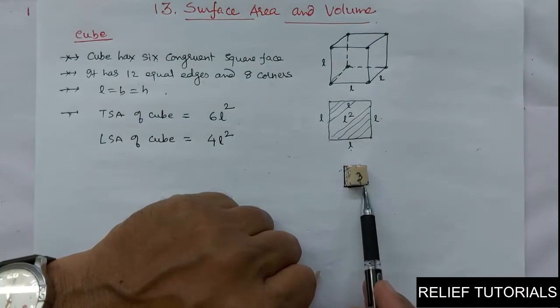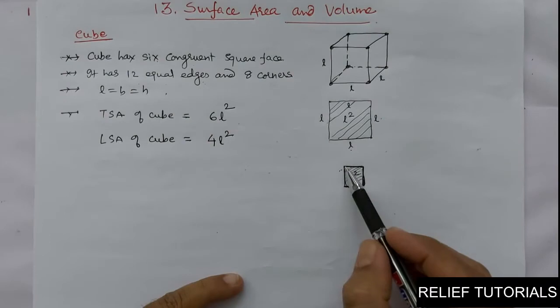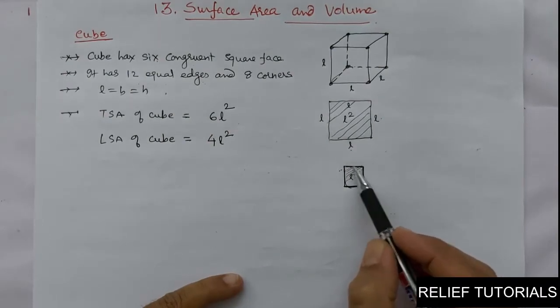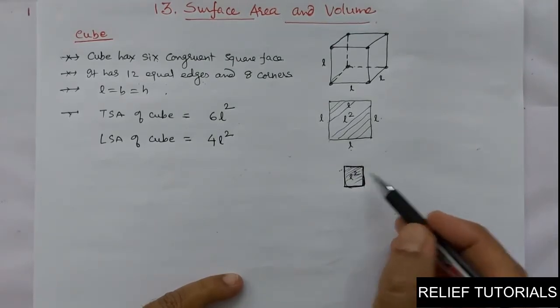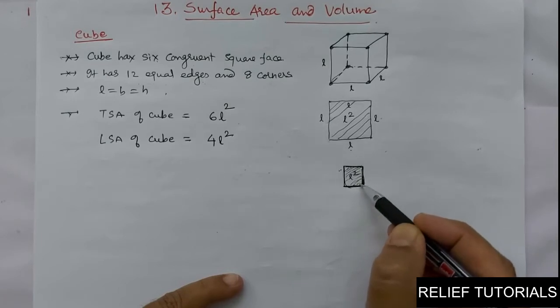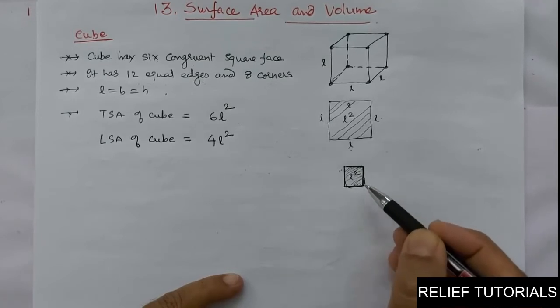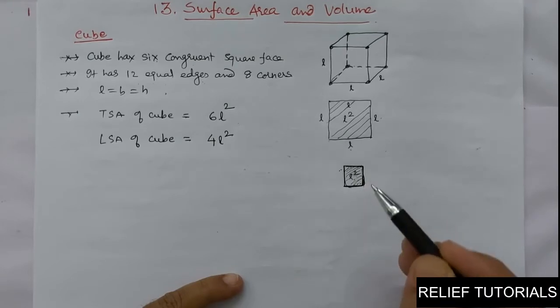See, if you consider a room, and you want to find the air occupied in that room. Suppose you fill it with water, that room completely filled with water. So the area occupied by that water is L square. And then you have to find the height of the room till where the water will be occupied. So area of base into height is the volume.